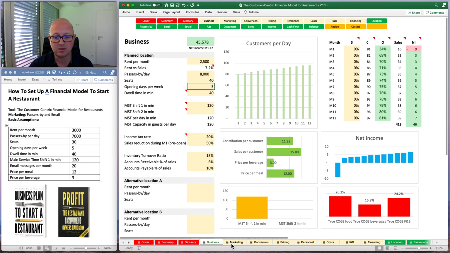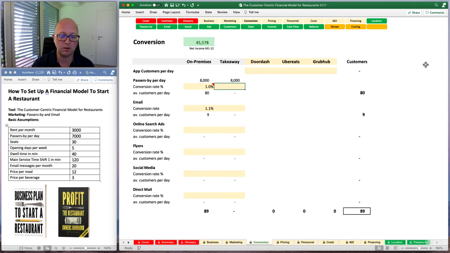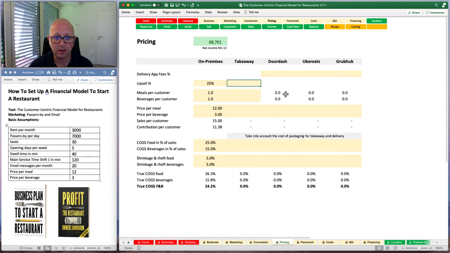And next step could be that you think about takeaway business. We could put in here, let's say, 1% takeaway conversion rate. You do have 8,000 passers-by, and let's say your restaurant is able to service also a takeaway business, and we assume a 1% conversion rate, also for email. Then we put in